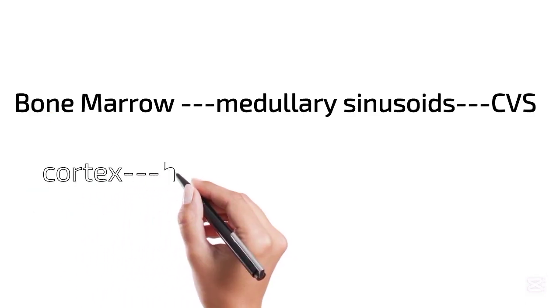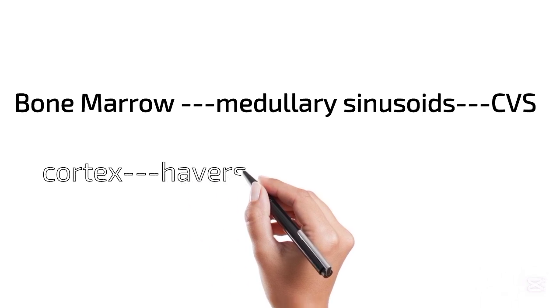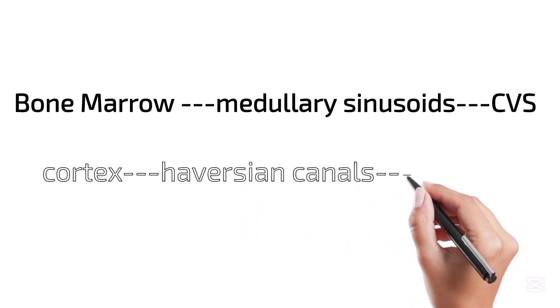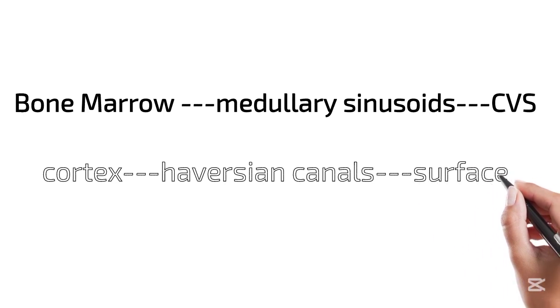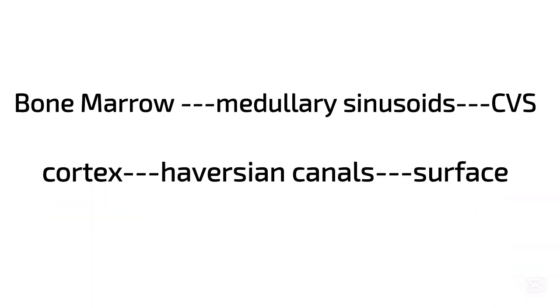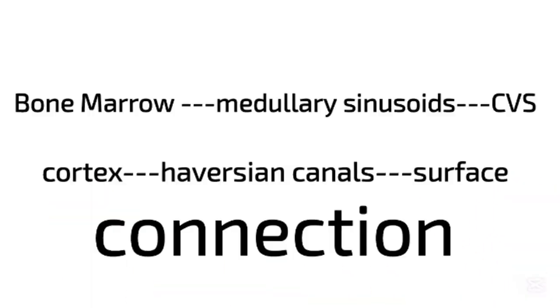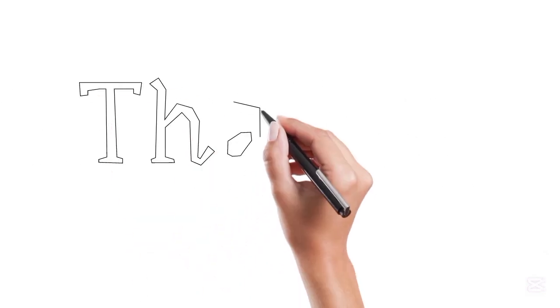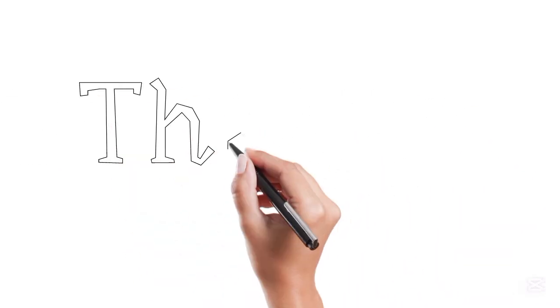But what about the cortical branches? As the name indicates, they are present in the cortex. They supply our cortex. They give rise to the capillaries that pass into the bony cortex, and in the bone cortex they run in the Haversian canals. At the bone surface, these capillaries connect with the branches from the periosteal plexus of capillaries, which we will discuss in our coming videos. So that's all about nutrient artery.